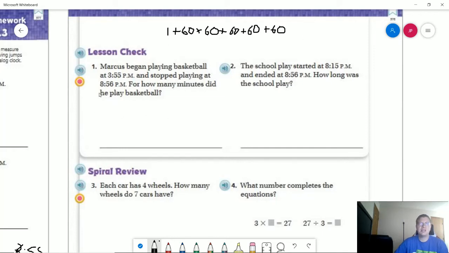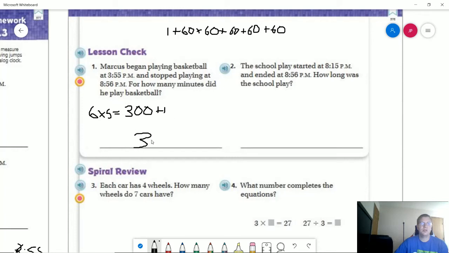So the other way that I would suggest that you could do it is you could do 6 times 5 and then put an extra 0 at the end of the answer to represent that you are doing 6 tens times 5, and that would give you 30 tens, or if we put the extra 0 at the end, that would give you 300 minutes, which is what we would get if we added 60 plus 60 plus 60 plus 60 plus 60. And then we add the 1 minute to get from 55 to 56 minutes, and that would